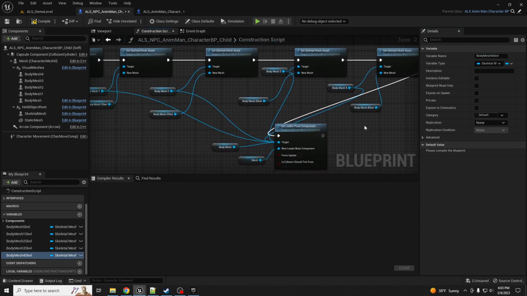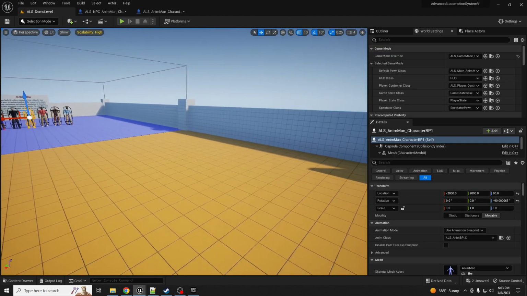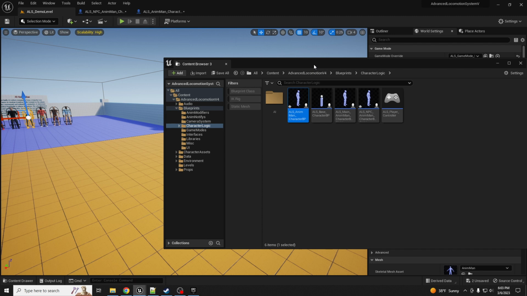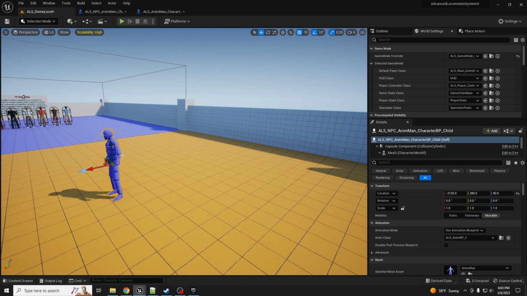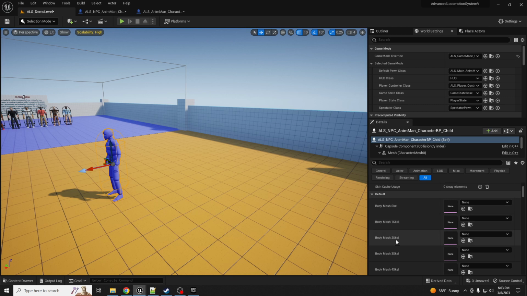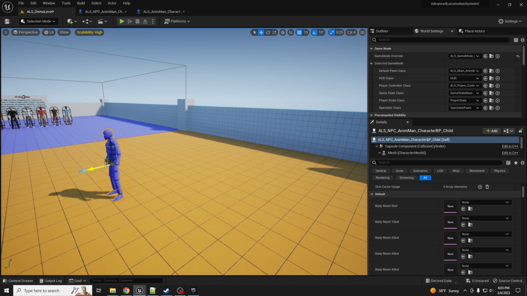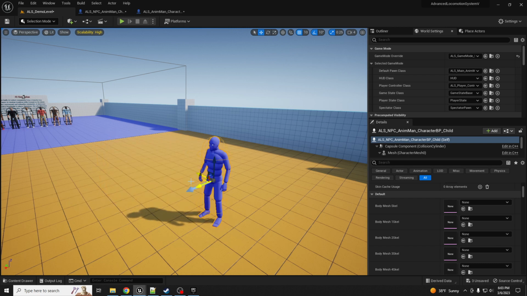Alright, so in order for us to be able to edit those, let's select them. And I guess we need to do them individually to make them public and editable. Alright, so in our demo level, what I'm going to do is drag in one of those NPC classes right there. And this is going to be the one that's going to hold all the body parts for the metahuman. So now if we look at this, we have all these body mesh skeletons that we can set. Okay, so with this one being in place, let's go to Quixel Bridge,